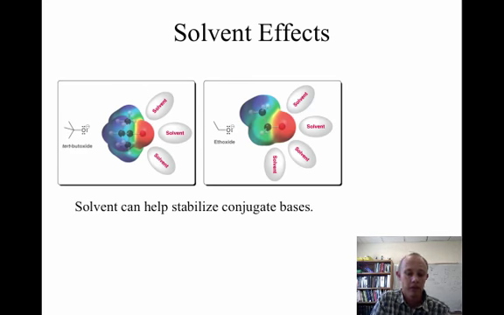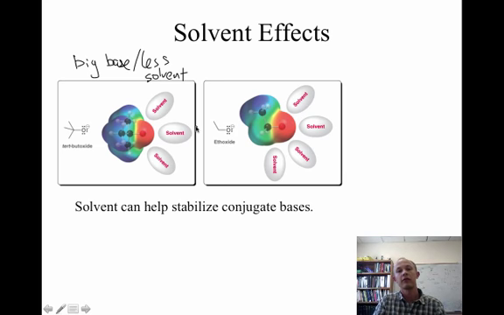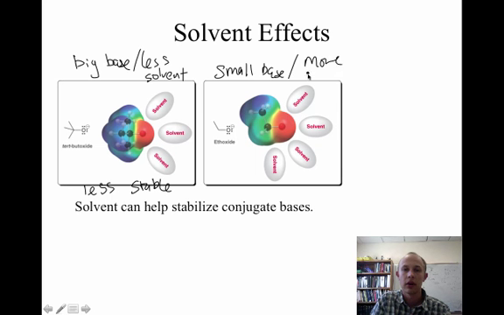Okay, solvent molecules are going to be surrounding these bases when they're generated in solution. The more sterically hindered, or the bigger the base is, so a big base is going to be surrounded by less solvent molecules. Each solvent molecule can help accept some of that negative charge, so it's going to be less stable. Whereas smaller bases are going to be surrounded by more solvent molecules, so they're going to be more stable